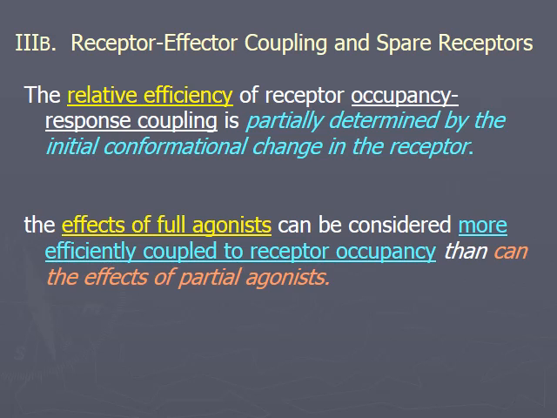And so now we're going to turn our attention to a discussion on full agonists and partial agonists and talk about them in terms of their coupling. So full agonist is believed to be more efficiently coupled to its receptor than, for example, a partial agonist. So what I mean by that, we're going to see in a